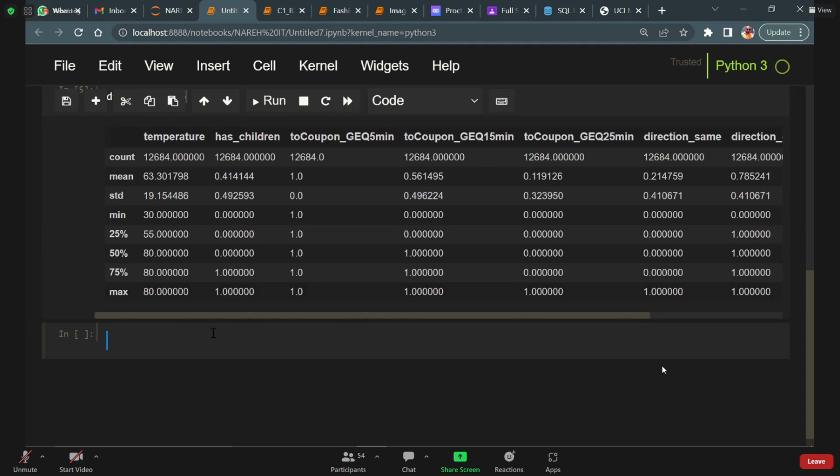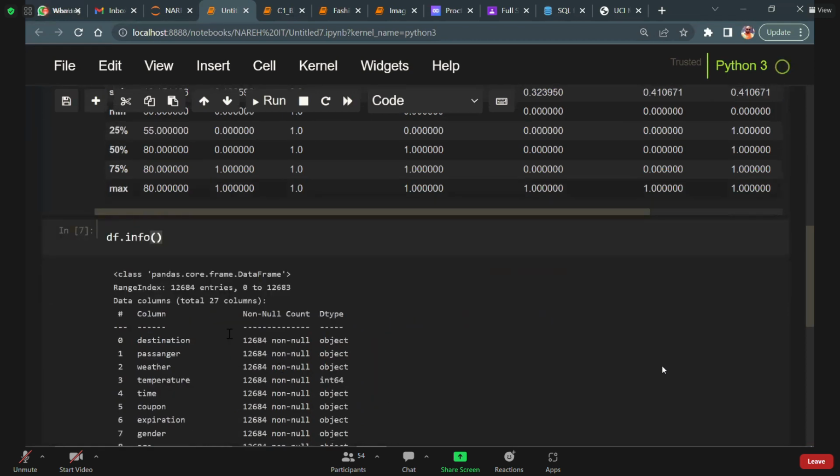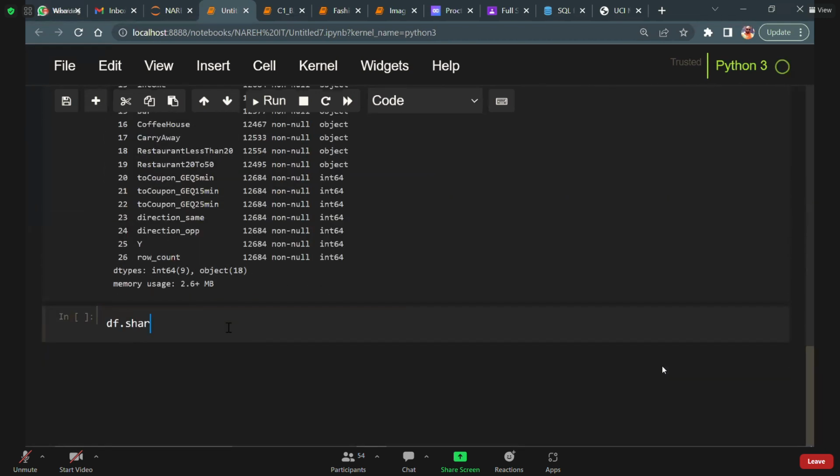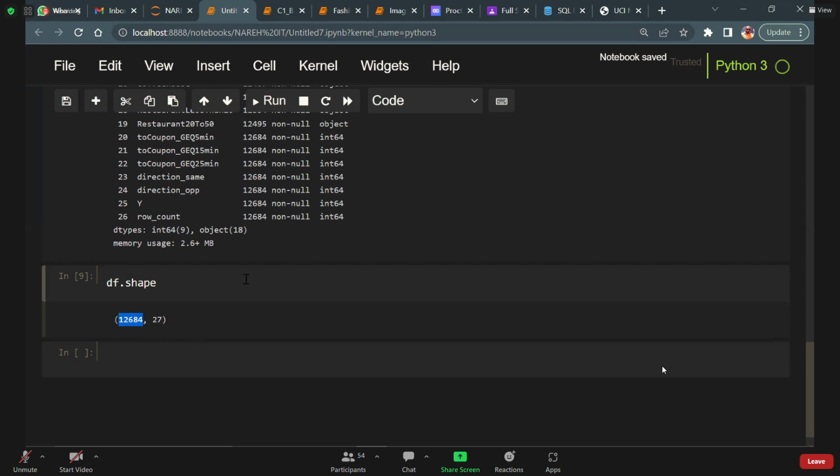Can we go for univariate, df.info? I hope you know this. And then you can try df.shape, isn't it? That's all the things we have done. Yes, guys. How many? 12,000 rows and 27 columns. And how to choose the right variables and all those things. What is independent? What is dependent? What is regression, guys? If the dependent variable is continuous, then we call it regression. What is classification? If the dependent variable is